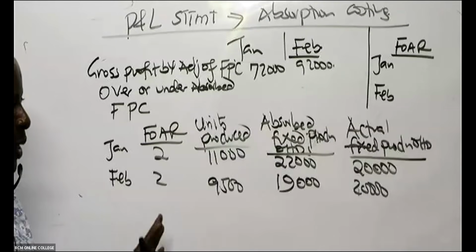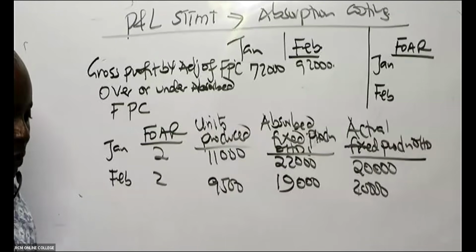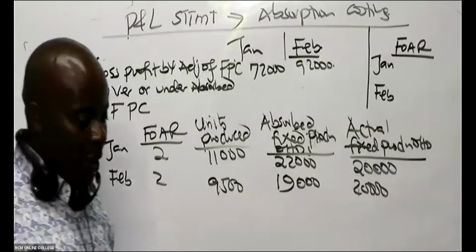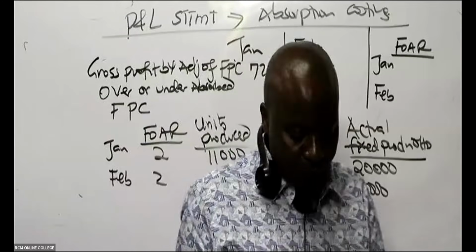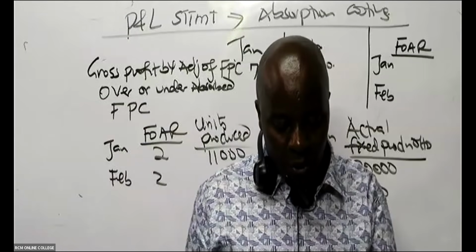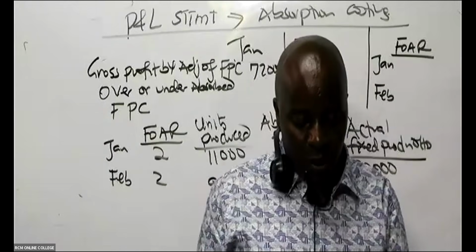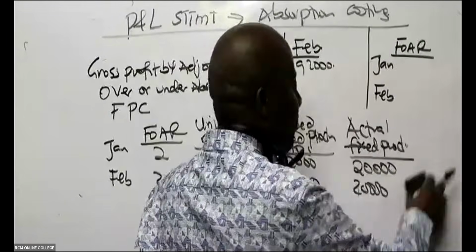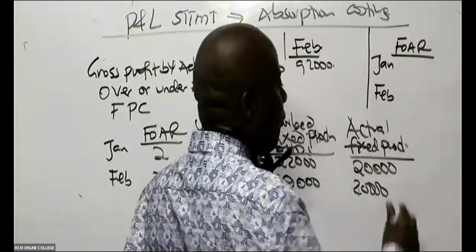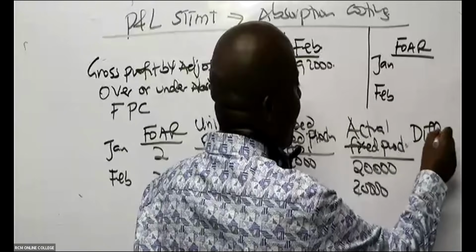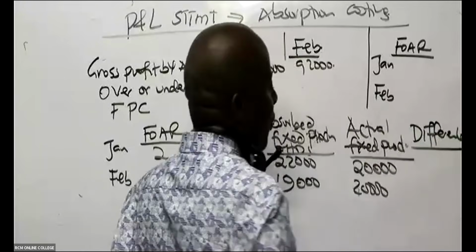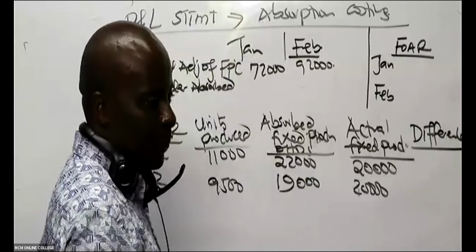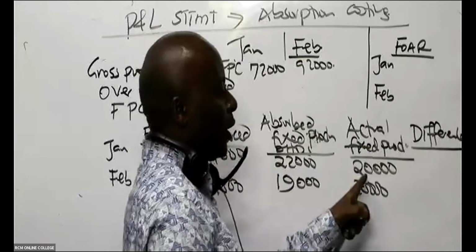Once you finish writing the working, please give me a signal. Say Y for yes. You should always give your mwalimu a signal. Thank you so much. So then come here and give me a column for difference. So 22,000 minus 20,000, that gives me